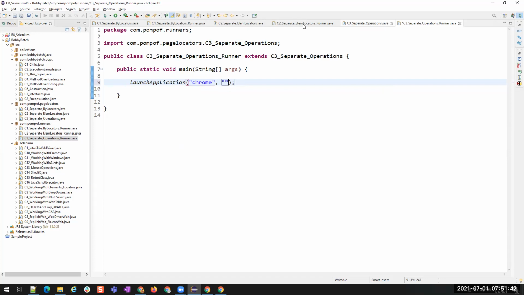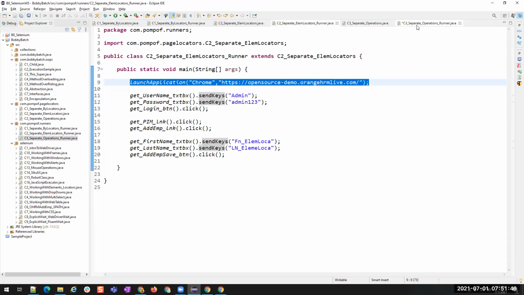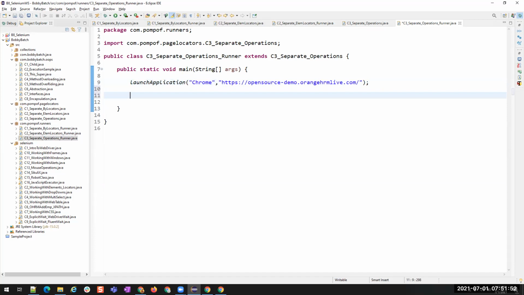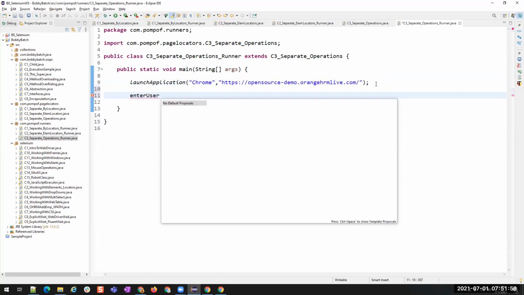Where is the URL? This is. Let's copy this. Now I'm launching the application. Then I want to enter username, so I will just enter. Didn't I make it public?